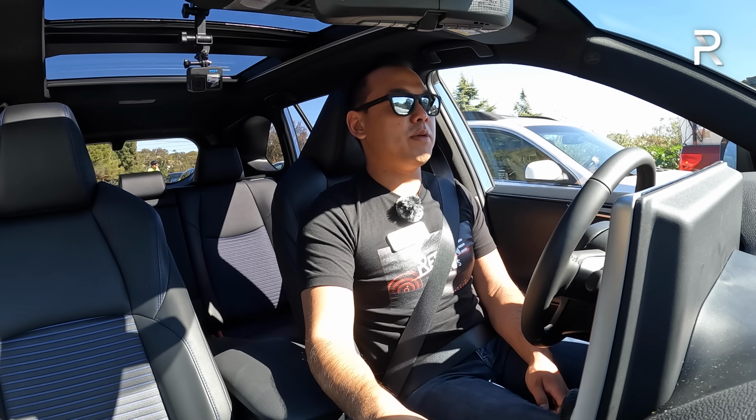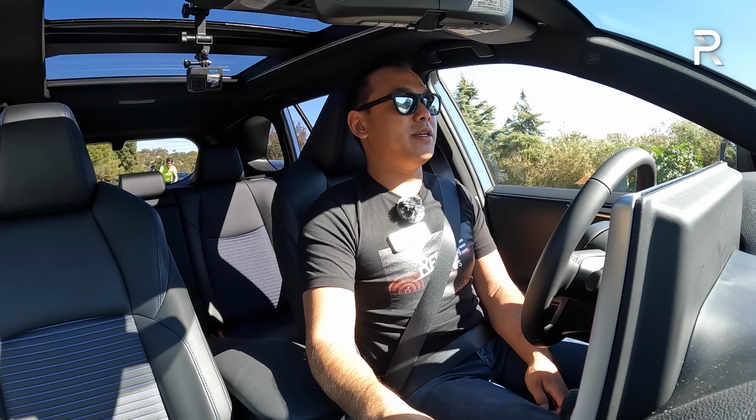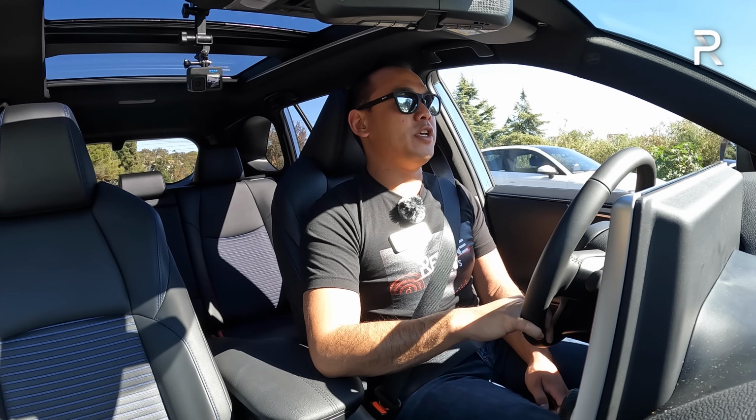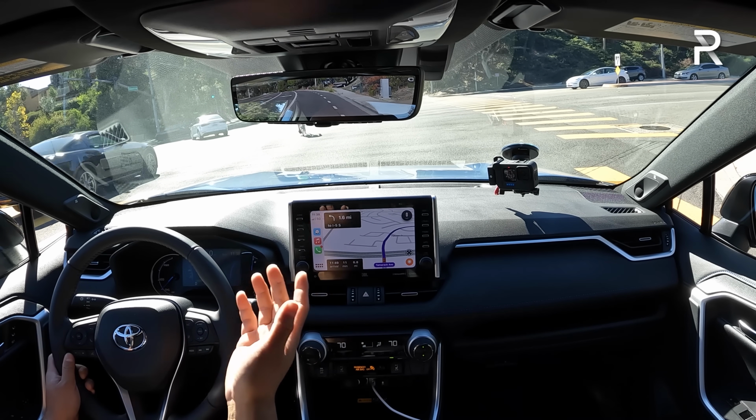I've seen so many people just sitting there at traffic lights picking their nose, and they think that nobody can see them, but that's an interesting way to get some laughs here as you're sitting in this vehicle. I also like the seating position. It's nice and elevated so I can see really well,